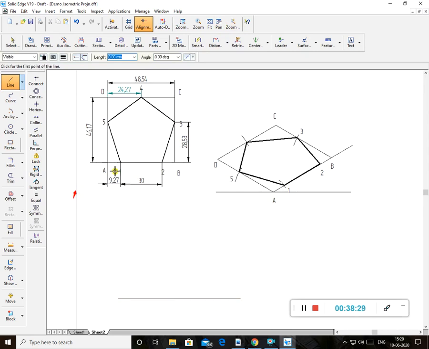I take a point here, this is my A point. So I want to construct vertically. Okay, first I'll take this AB. AB is how much? 48.54. Angle how much? 30 degrees. So this I'll draw. Then I draw vertically, because I am drawing vertically, AD is how much? 46.17. I draw vertical.